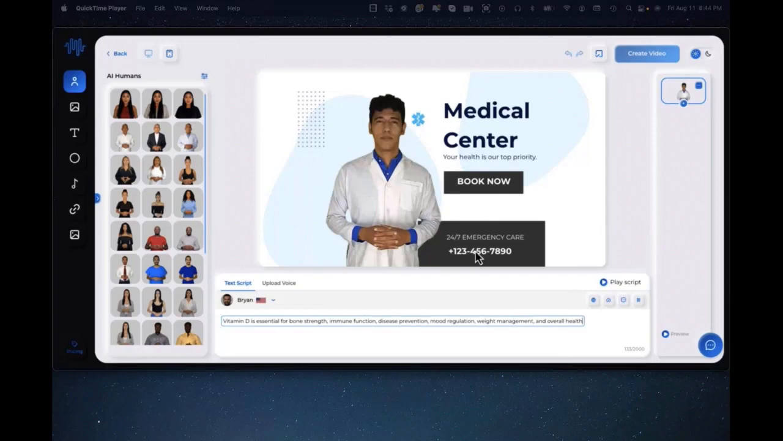Now, in order to change the template, really easy, you just click on what you want to change. In this case, we could change it to a